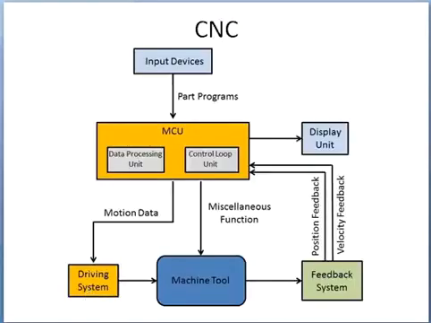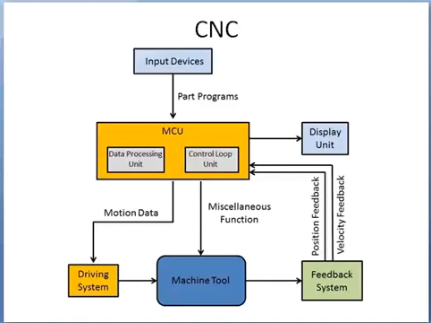The CNC system comprises many components. Basically, compared to NC, this is a little bit more complex in construction and in working. So the components of, say, CNC are central processing unit, servo control unit, operator control unit, machine control panel, programmable logic controller, and other peripheral devices.